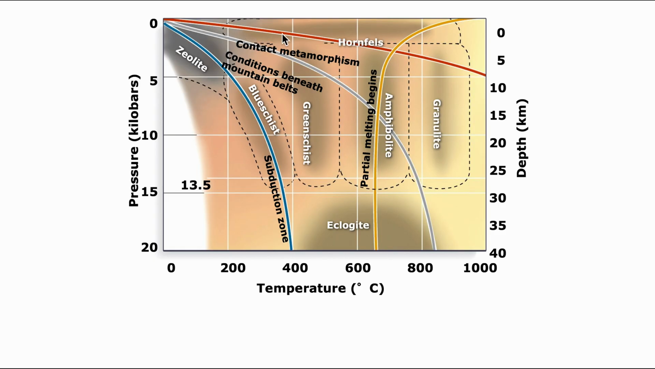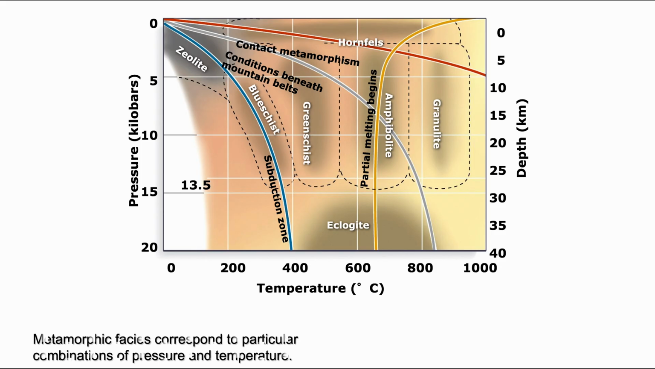granulites. Hornfels are going to be generated by contact metamorphism, and therefore they're going to occur at shallow depths and shallow pressures because this contact is going to take place in that environment. It's essentially just baking the rock by being in contact with it. So these metamorphic facies are going to correspond to particular combinations of pressure and temperature, and they're used to indicate